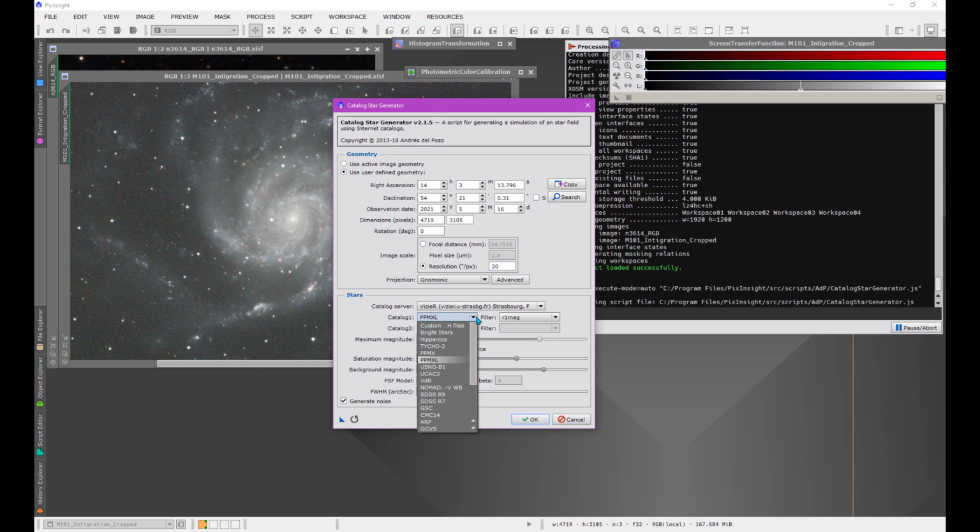Then we need to specify the catalog. The one we're going to look at first is APASS 10, because I want to show you the problems. Then we'll look at APASS 9, and you can see there isn't as much of a problem there as there is with APASS 10. Let's use lots of stars, so I'll put in 20 magnitude. That should be a lot of stars. I think that's it. If we press go here,